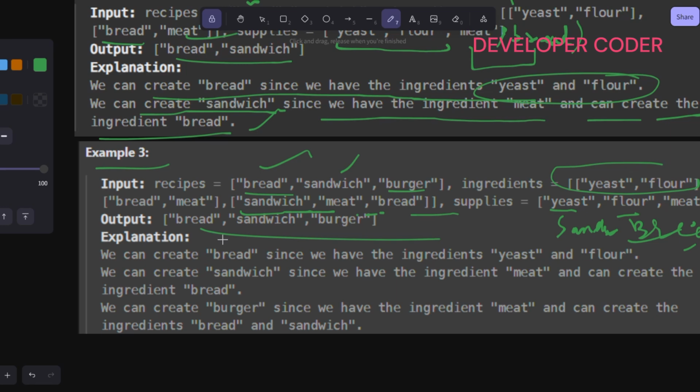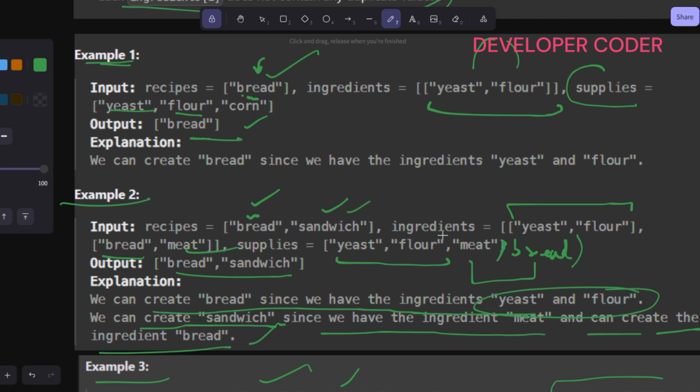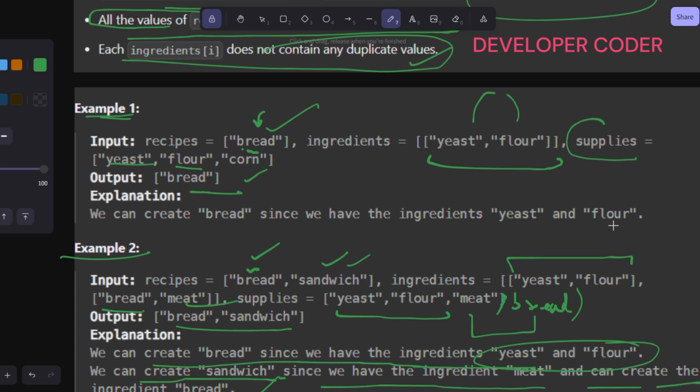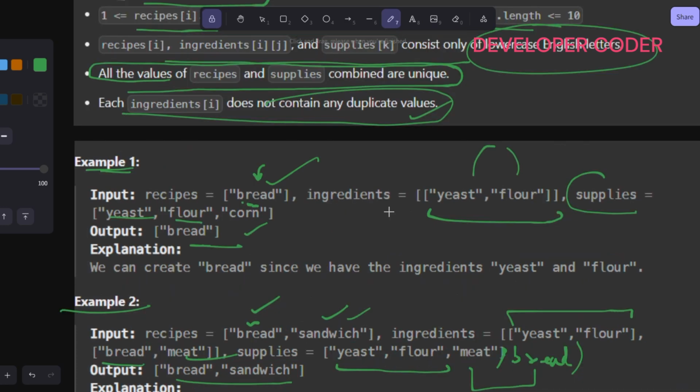Okay, so the output is bread, sandwich and burger. That's what we need to do. All right, so now how are you going to solve this problem? You can simply implement a BFS approach. Create one set, okay, and